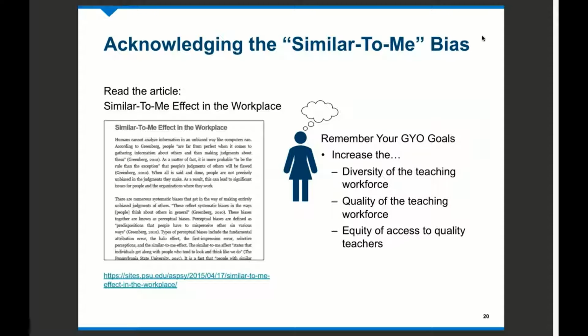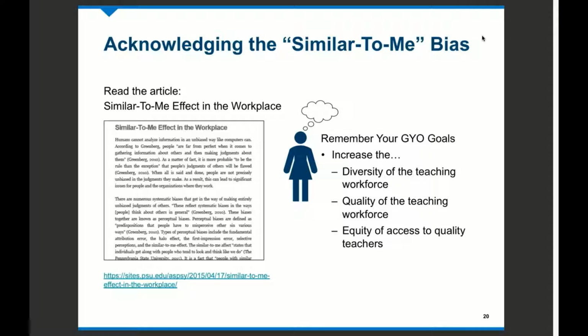Before we completely move on to action step 2, though, one thing is important to mention: developing your own list of KSDs can, unintentionally, include a set of biases that might omit certain students from participating in your program. We encourage you to take a few minutes to read the article, Similar to Me Effect in the Workplace, using the link provided on the slide, and potentially to bookmark it because it's a valuable resource. This article